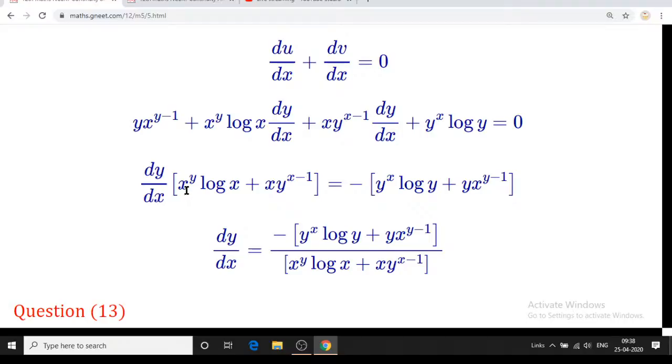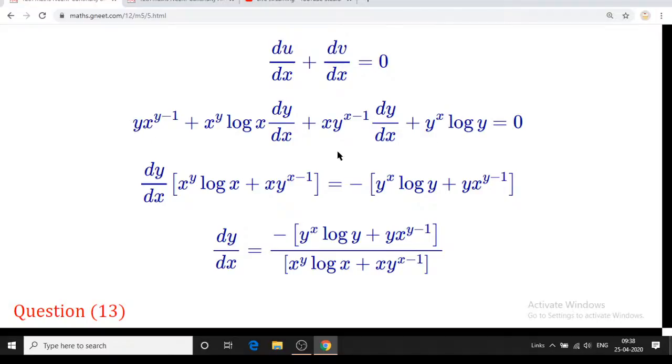And for that we have taken the dy by dx term, and along with that I have taken dy by dx common. So what terms are left here, x raised to y log x plus x y raised to x minus 1 is equal to minus